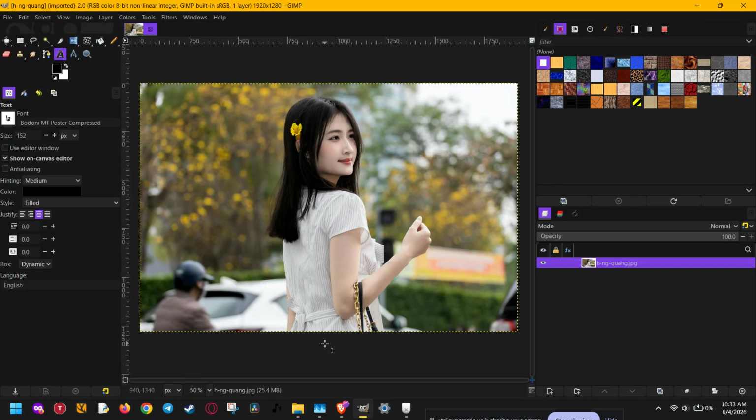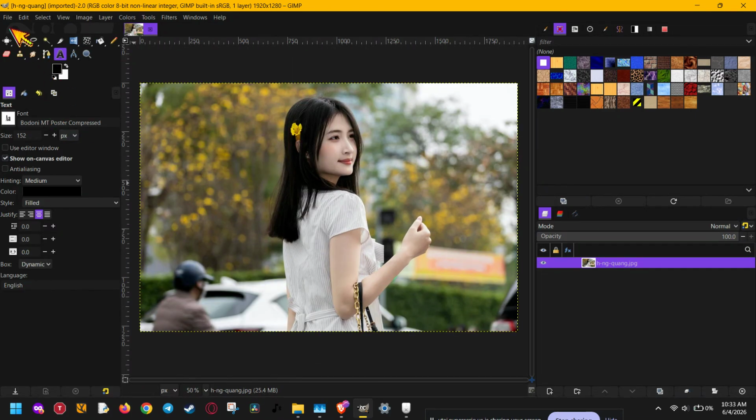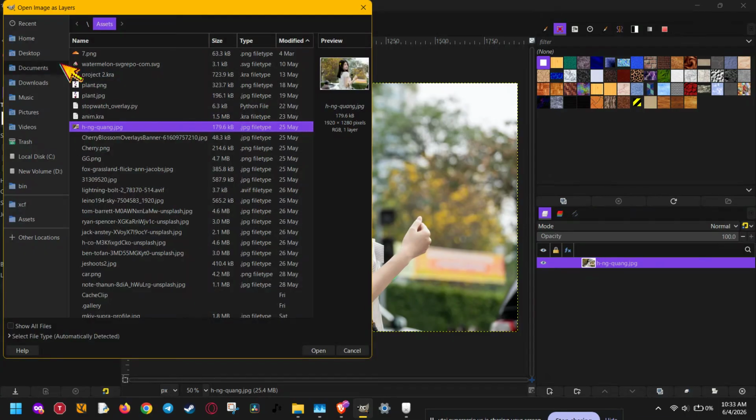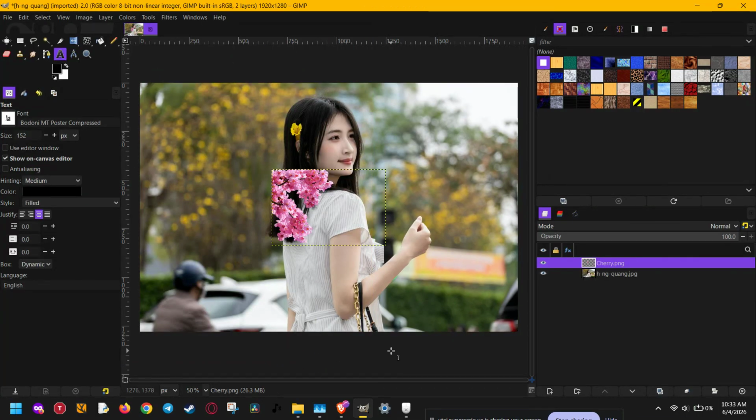Now that your background is open, it's time to add your second image. There are two easy ways to do this in GIMP. The first method is the menu method. Click File again, then choose Open as Layers. Find the second image you want to add, select it, and click Open. This is one of the best ways because it automatically imports the image as a new layer on top of